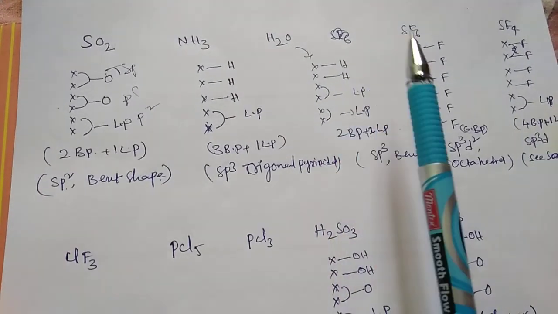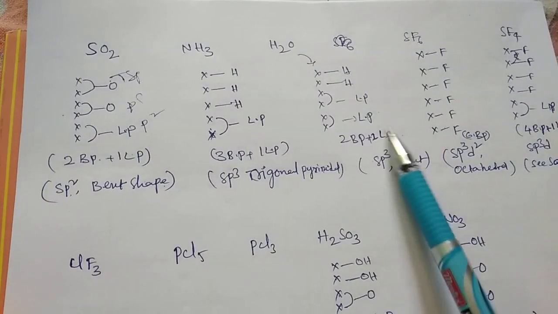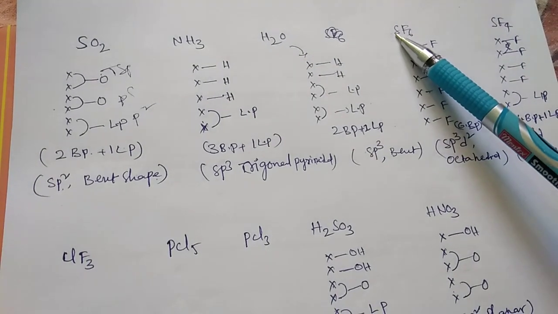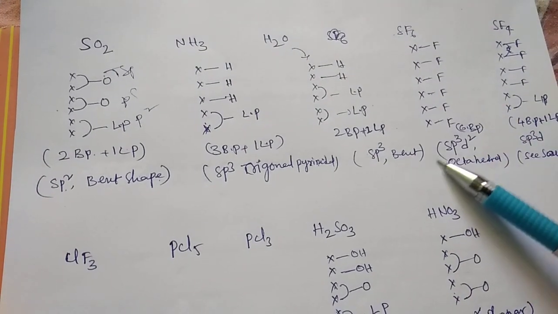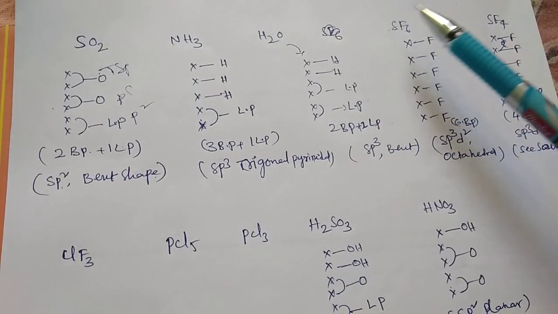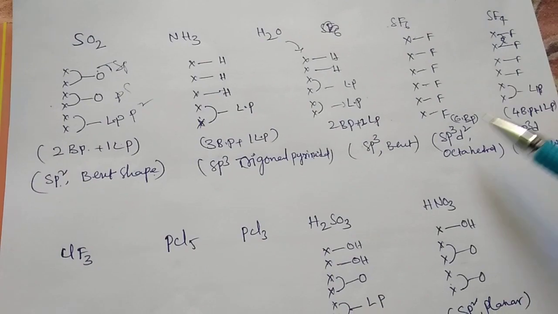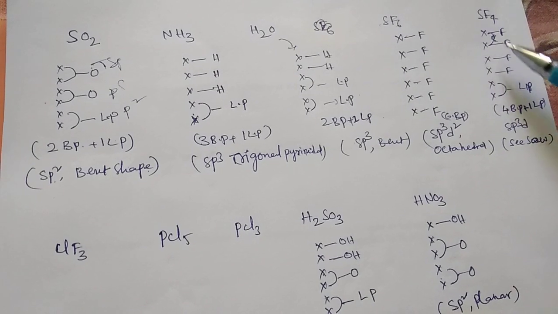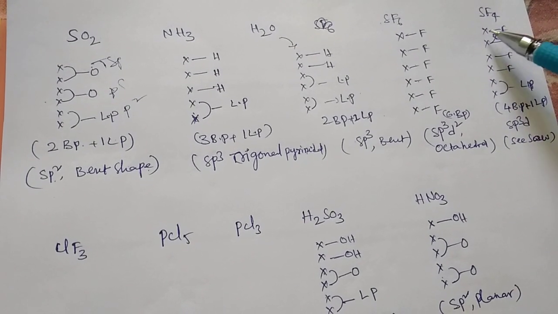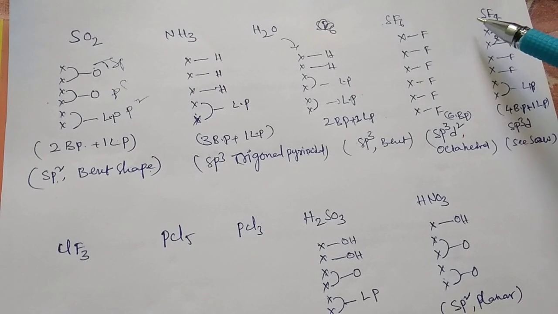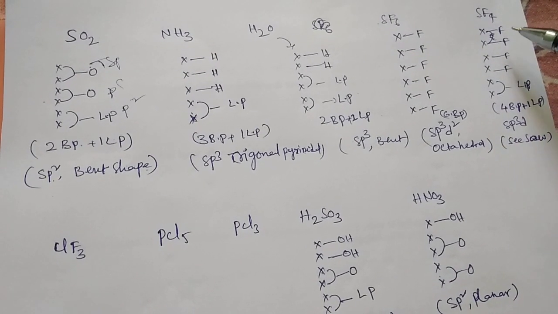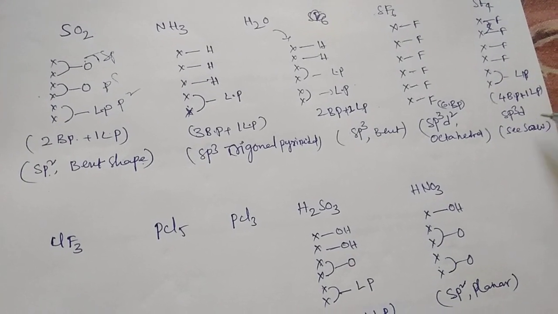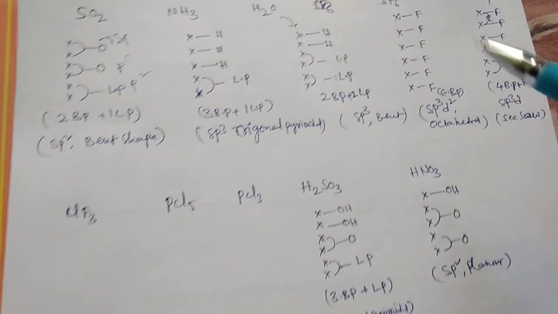Then move on to SF6. Sulfur is the central atom, belonging to 6th group elements. You draw like this, 6 electrons you take, each fluorine 1 electron, bond forms, 6 bond pairs, sp3d2, octahedral in shape. SF4: 4 fluorine atoms, you take the 6 electrons because sulfur belongs to 6th group elements, and 4 fluorine atoms, 4 bond pairs, and 1 lone pair is there. 4 bond pair, 1 lone pair, sp3d, seesaw in shape. Like that,